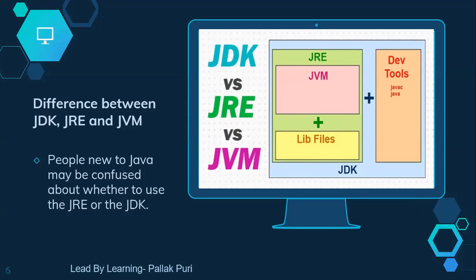Basically, you can think of JDK as a complete package which provides a complete environment for compiling the Java source code, executing the Java program, and debugging the Java application. This JDK comes along with the Java compiler, all the library classes and the JVM that is required to execute the program. So JDK is the broadest component. In JDK, we have JRE, which is used to run the developed program. And in JRE, we have JVM, a virtual machine that actually runs the program. So these are three very important terms: JDK, JRE and JVM.